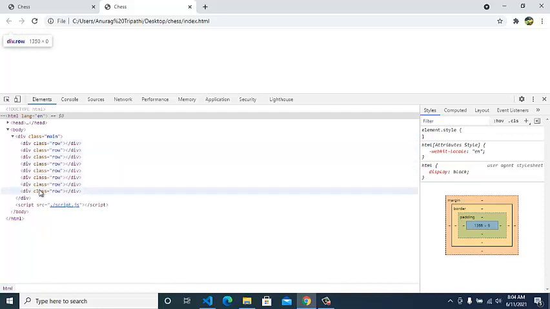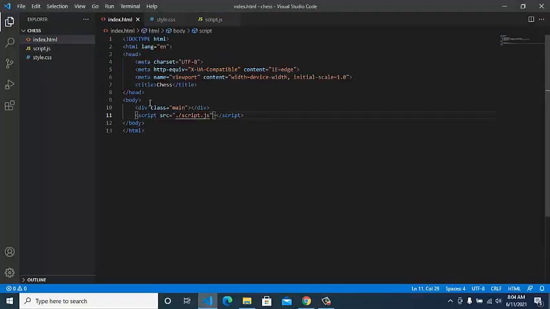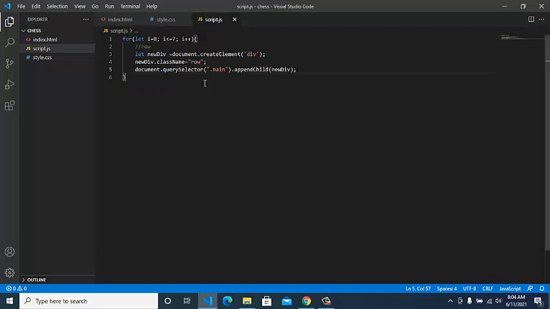So 8 rows are created, 1 2 3 4 5 6 7 8, and see, we have not written any of the HTML as it was told in the question. All the HTML has been written by JavaScript, by DOM createElement. Now we have to create the columns.